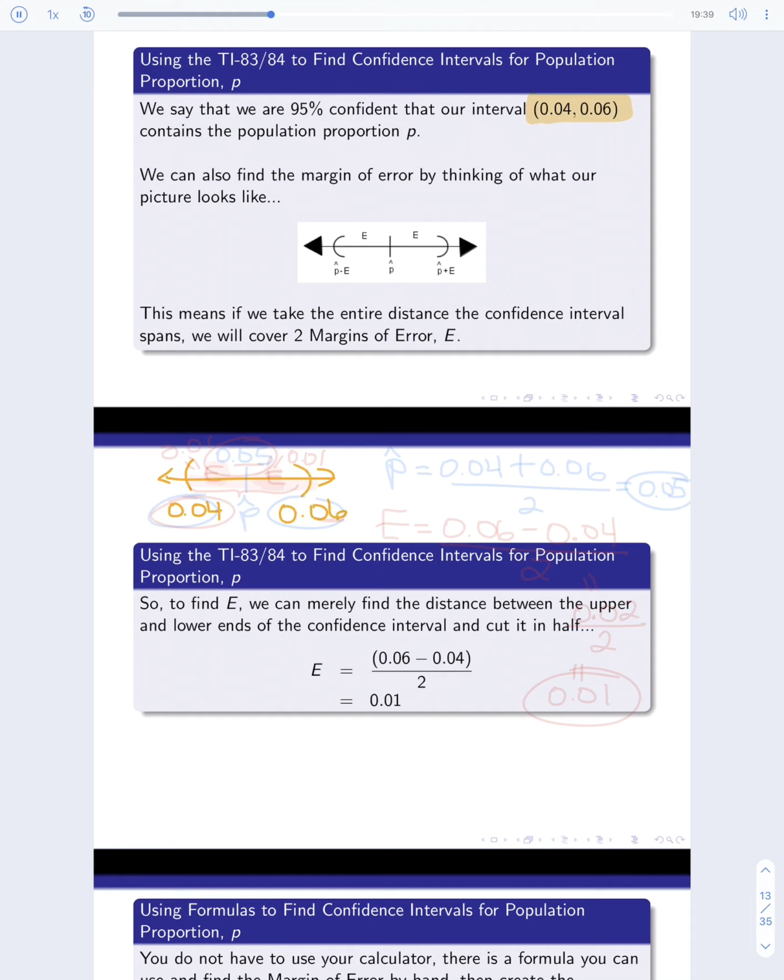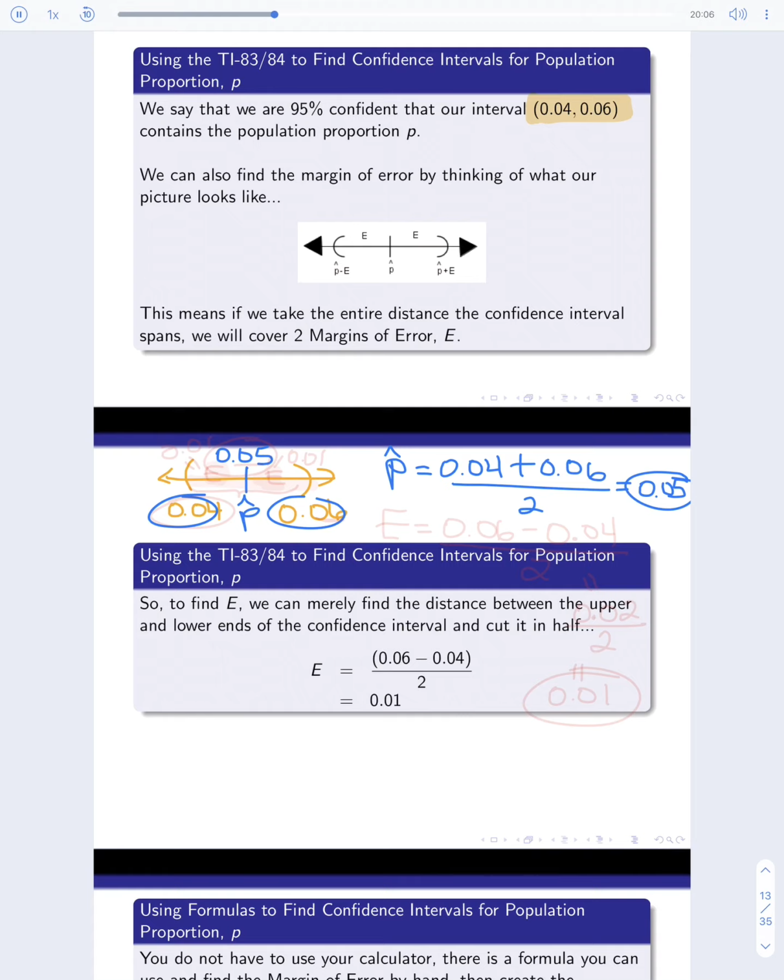Could you find everything they didn't actually explicitly tell you? Could you find the p-hat that normally goes in the middle? Yes, you can. To find the middle value, the p-hat, you take the beginning and the ending value and you just average those. 0.04 and 0.06, add them up and divide by 2, and you'd get 0.05 as your p-hat, the value in